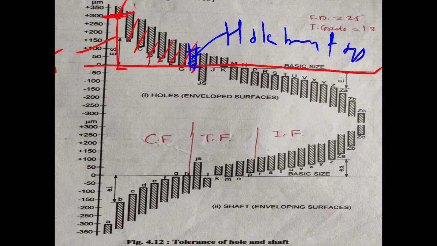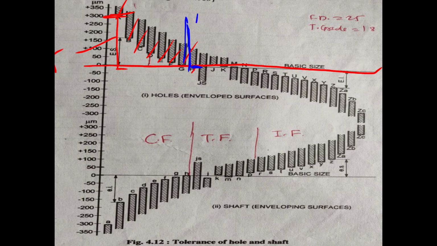In the hole based system, we see the fundamental deviation is 0. For capital H hole, the fundamental deviation is 0, that is, these types of holes are used for the hole based system. Now see, the lower deviation is 0, but it can have an upper limit of hole. It can be varied with respect to the IT grades: IT01, IT1, IT2, 3, 4, 5, 6, 7 up to IT17. If IT16 is used, then this much will be the maximum limit of the hole.